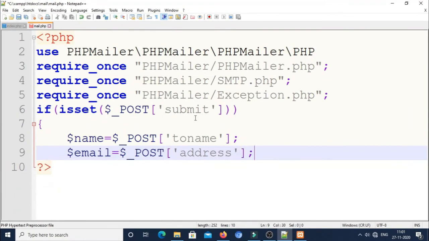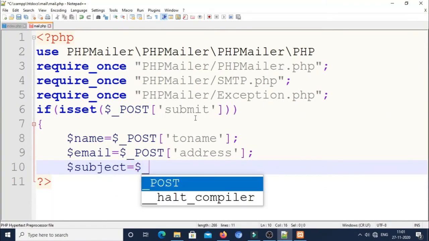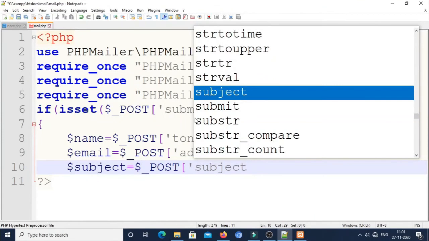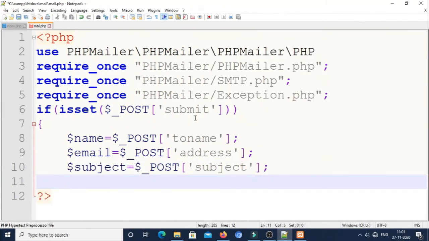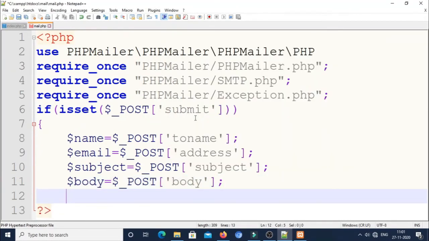Then $subject, which is equal to $_POST['subject'] itself. Then the body, so I will define the same variable $body, which is equal to $_POST['body']. Okay, now I got all the values from the index.php.